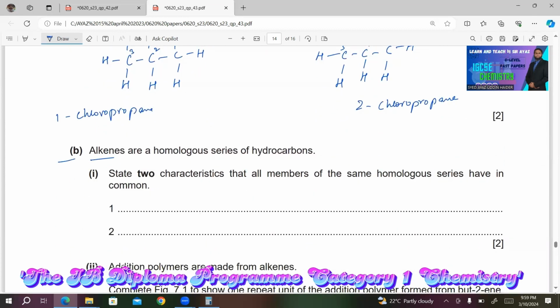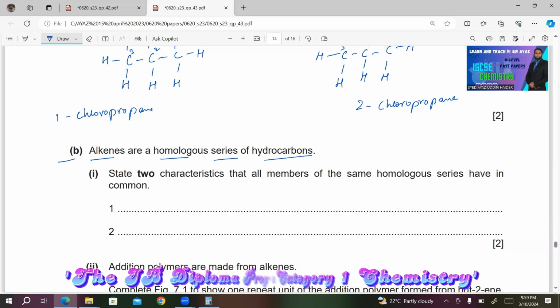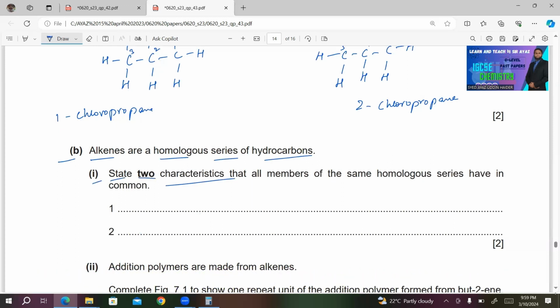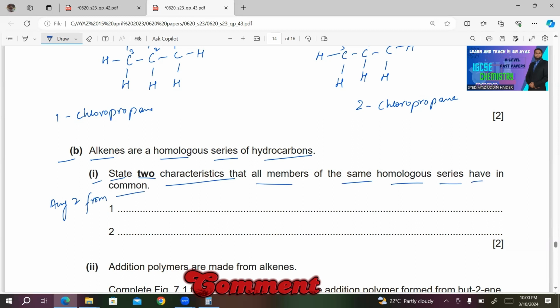Alkenes are a homologous series of hydrocarbons. State two characteristics that all members of the same homologous series have in common. So they have same general formula, same chemical properties, same method of preparation. They have same or common functional group. So you'll write any two from: same general formula,